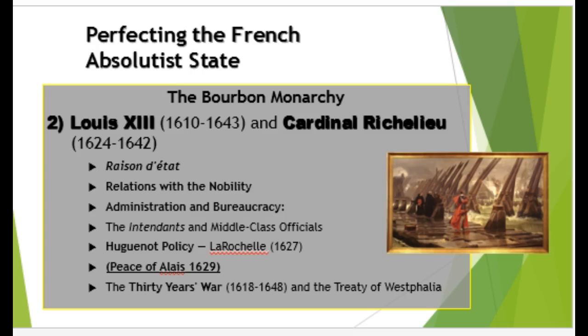And so they besieged La Rochelle and subdued the Huguenots with the Peace of Alais in 1629. Basically, they lose their right to have their fortified towns and cities. Now it's important to note that they still were able to worship, but they weren't allowed to heavily fortify themselves and protect themselves from further centralization. Again, note, we will talk about Louis XIV actually getting rid of the rights of the Huguenots to worship.